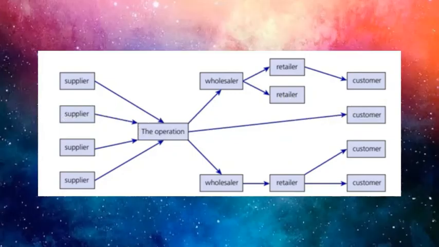As you can see in the image, the operation is made possible by purchasing of raw material or goods from supplier, and then the materials are then managed and stored and manufactured. Then the products are now collected and validated for the customer's order and distributed by the wholesaler and retailer, and